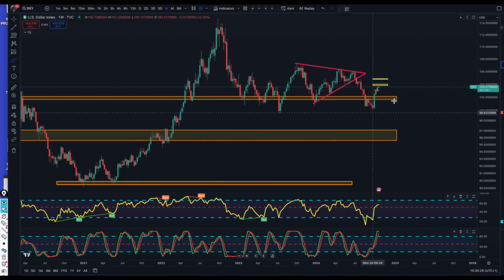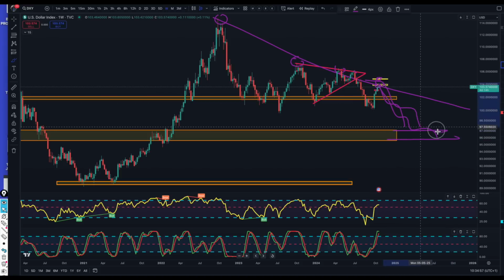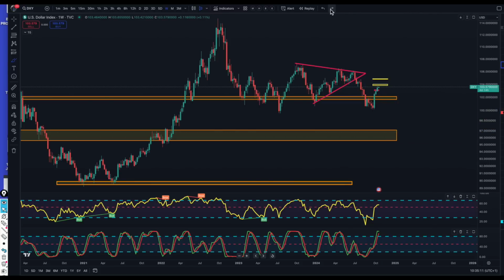The bigger picture that I see with the dollar is that wherever we get rejected, here or here, we are making lower highs all the way from these levels at 115, and this is just another lower high, and the trajectory in the long term is to the downside. So we may have another period of time, maybe one more year, for this to come back down to levels at around the 95 to 97 level, and that should allow the wider markets to have a big run towards the upside in a bull market fashion.